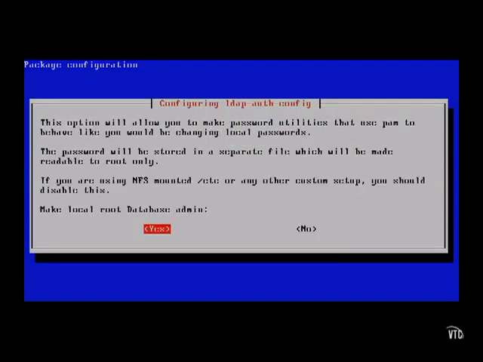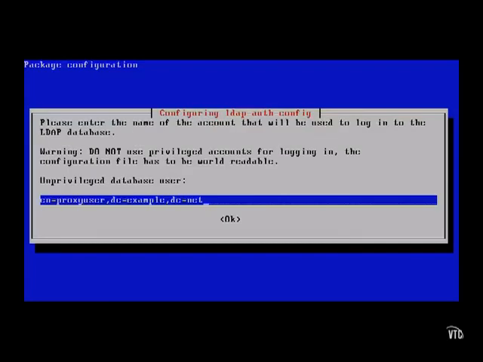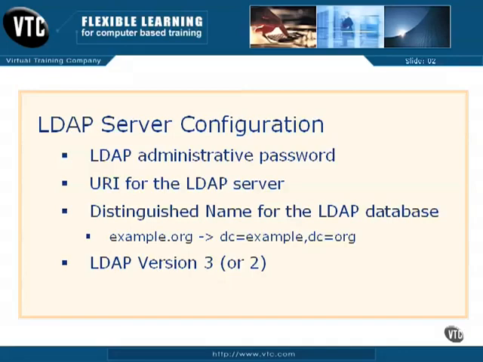If I have a root administrative user, I can make that user a database administrator as well, but on my Ubuntu server system, that user does not have an account. I could set up a login for the LDAP database, and if I do so,